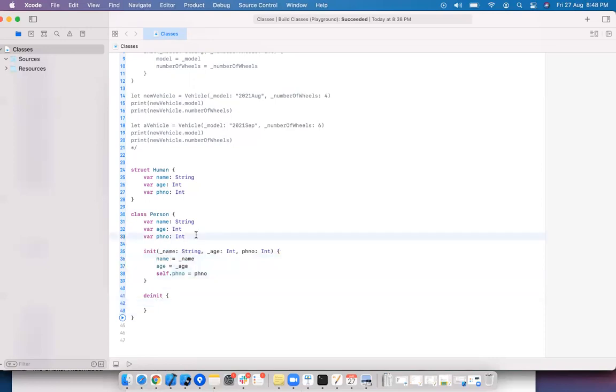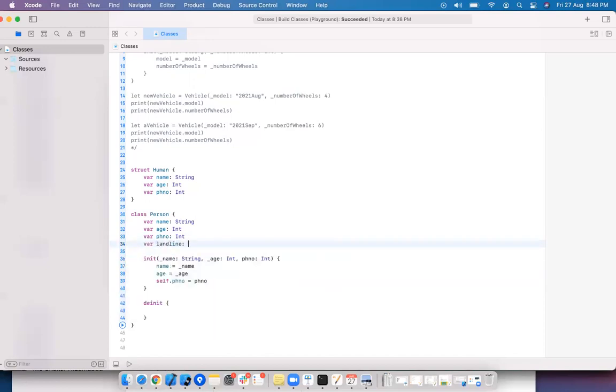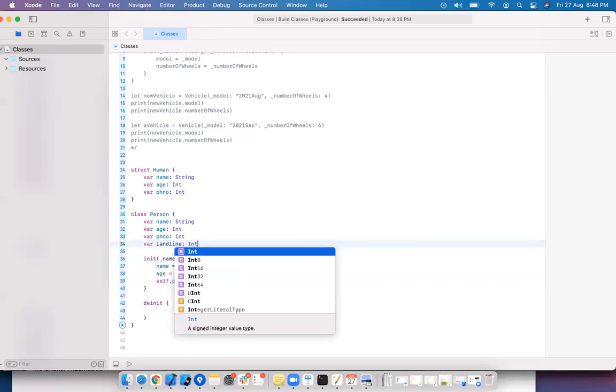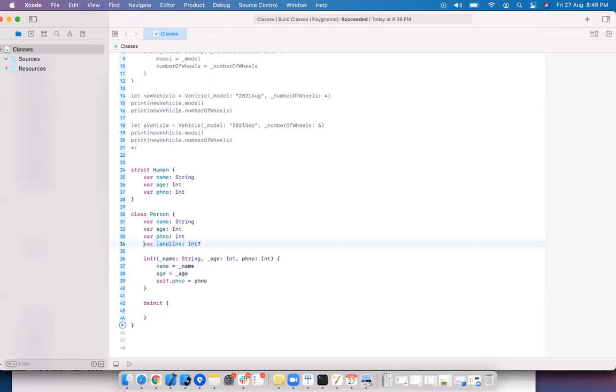Let's say landline is one thing. We can make this optional because every person may or may not have a landline number. So I'm making it optional. If you want to clear while releasing the person object, at the end of the program the person object will be cleared.